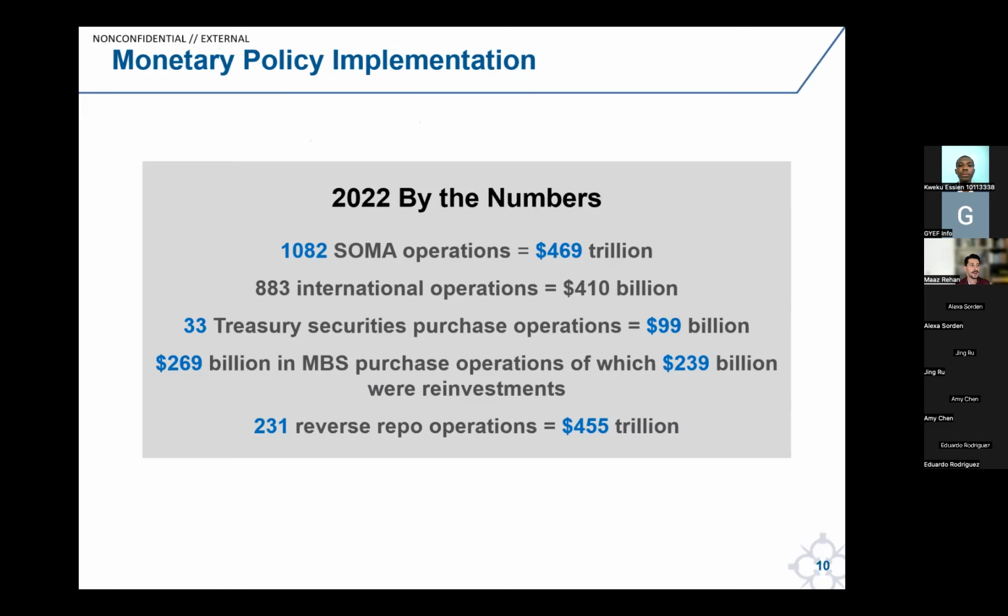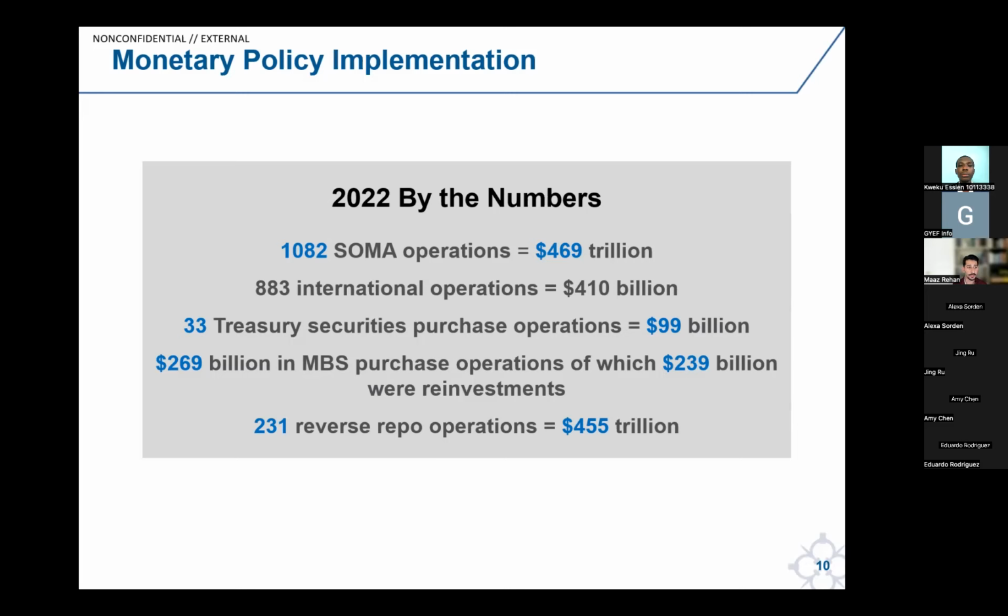So lastly here, just a quick slide on monetary policy implementation, to give you some numbers to have as a perspective. In 2022, the New York Fed did over 1,000 open market operations, which equal to close to $500 trillion, 883 international operations that equated to about $410 billion,